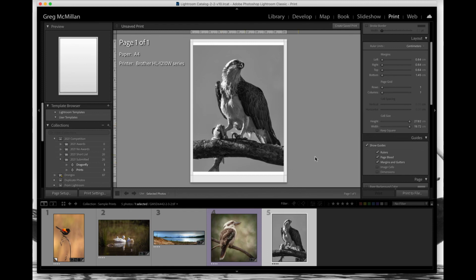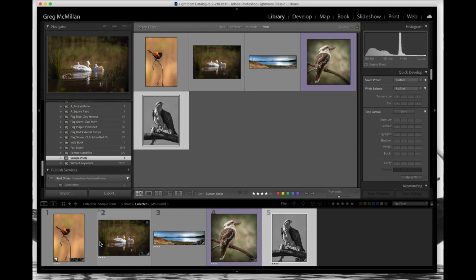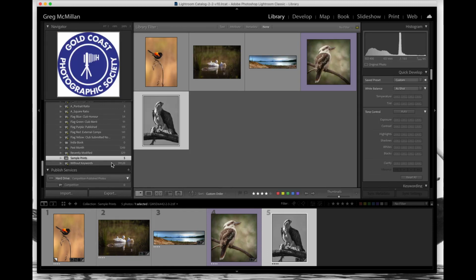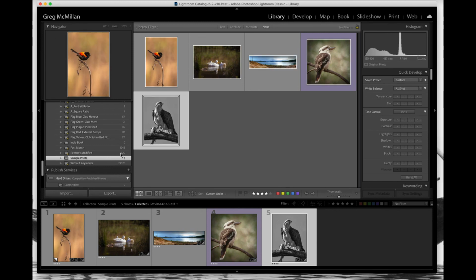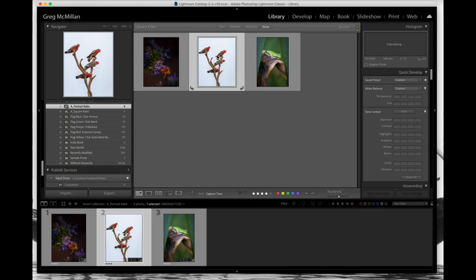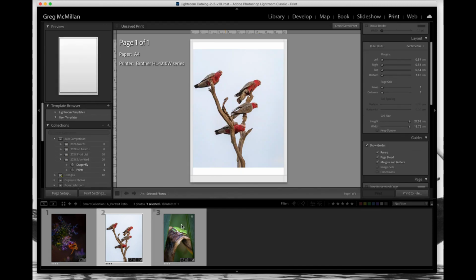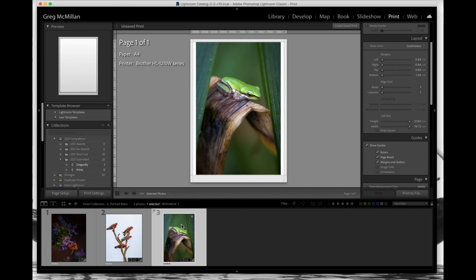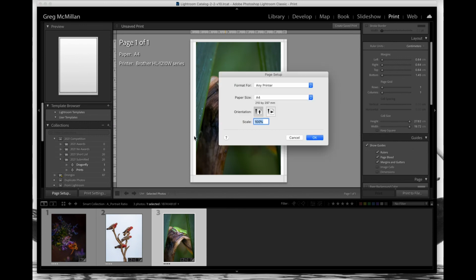So really it's a matter of start off in library. You don't have to put them into a little group. I can pick any image. For example, I can pick this image if I want. Because they're in the same folder area, go across to print, you can see those images are there. I can move that print in. I just look at page setup, A4 or A3, landscape or portrait,